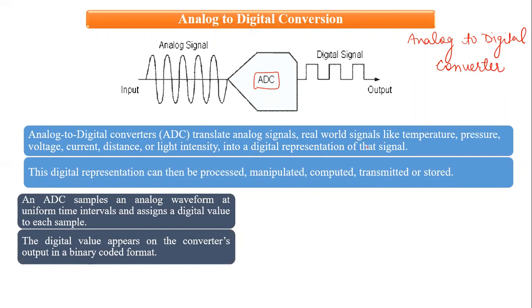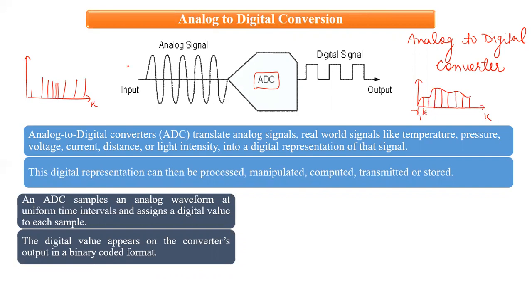Uniform sampling is acquiring the information of an analog signal at specific intervals. If the time period between two successive samples is the same, we call this uniform sampling. Otherwise, in non-uniform sampling, the time period between successive samples may vary